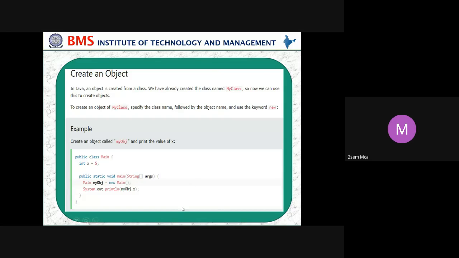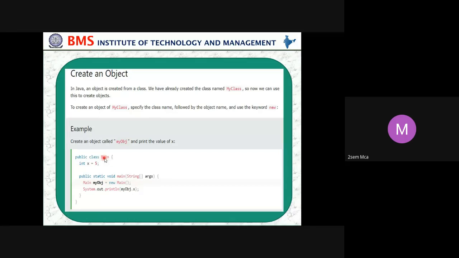We have already created a class, and in that we have a main method. We have given the class the name main. Don't get confused between this main and this main. This is different and this is different. Always avoid using keywords as names because it gets confusing.